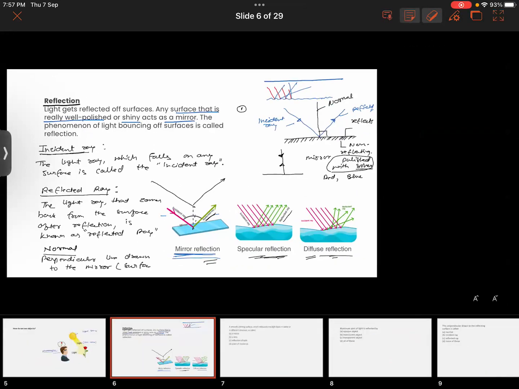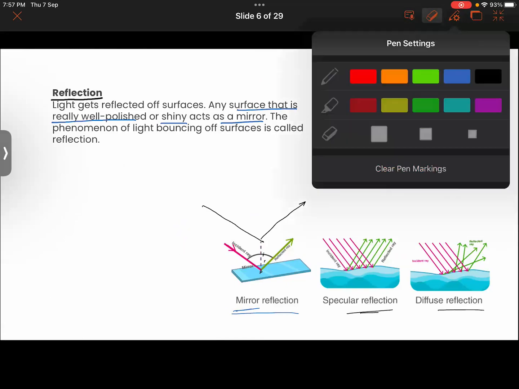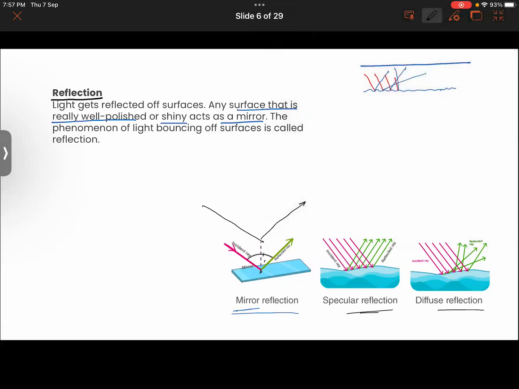All right. Now let's talk about the laws of reflection. Any confusions so far? No, sir. Okay, laws of reflection, इसकी हम बात करते हैं. Now, what are the laws of reflection? The first law of reflection says that, before that, one more thing,